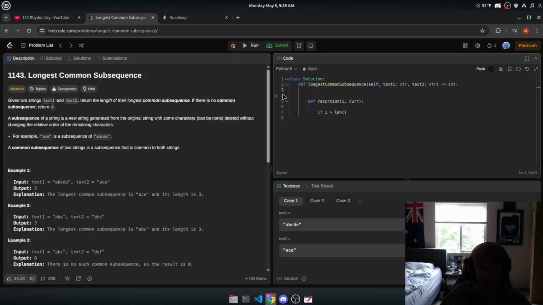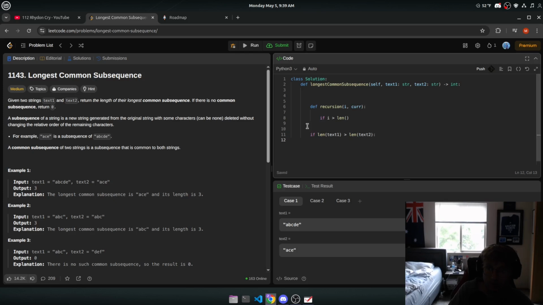Okay, let's do, well, I guess we could do: if the length of text 1 is greater than the length of text 2, then we would call recursion 0 cur. Then, I don't know if this will work, but